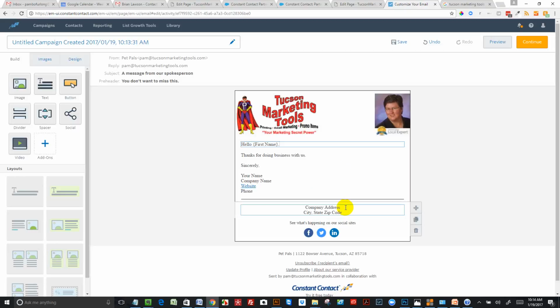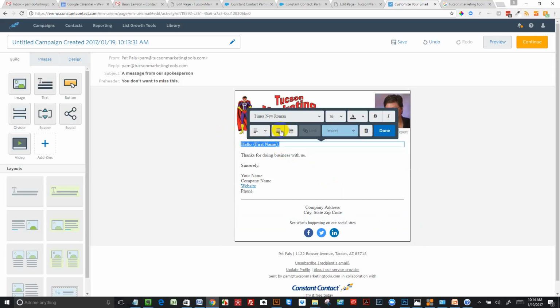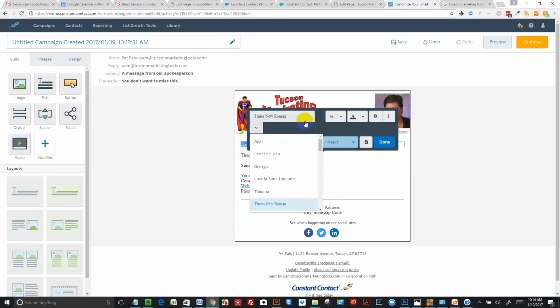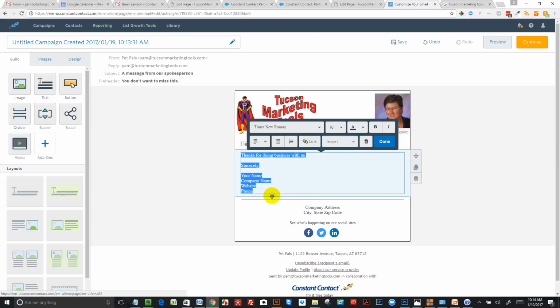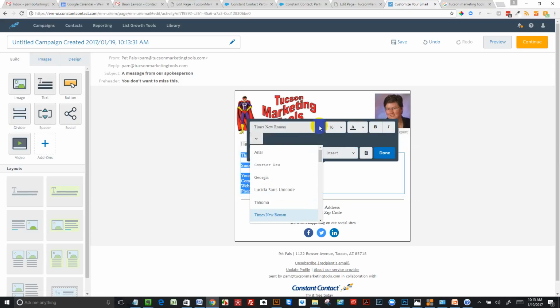So the way that works is if somebody doesn't have a first name in my database, they won't just get hello blank comma. It'll just say hello exclamation mark or whatever I want to put in there. I could have changed it to greetings for the secondary. I'm going to change that type style real quick to Arial. Okay, and then I'm going to go down here, highlight that, change it to Arial,